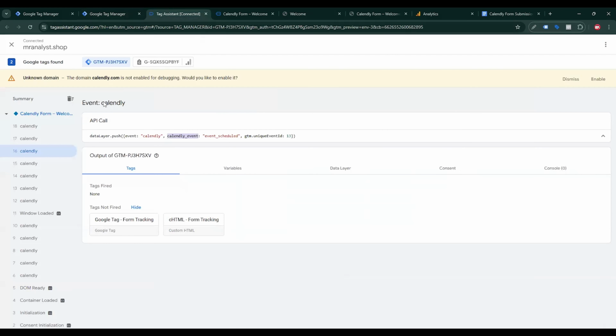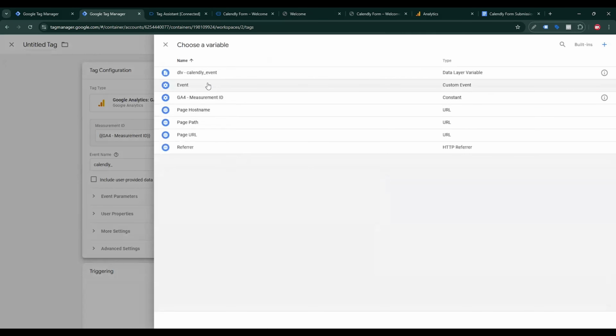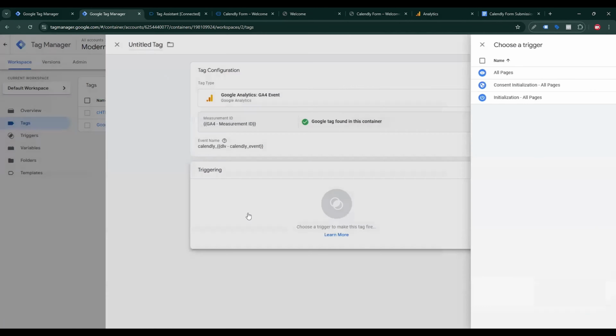If you see that the Calendly form event is calendly, so copy this calendly, then paste here, underscore, then click on the plus icon, then select your created variable,